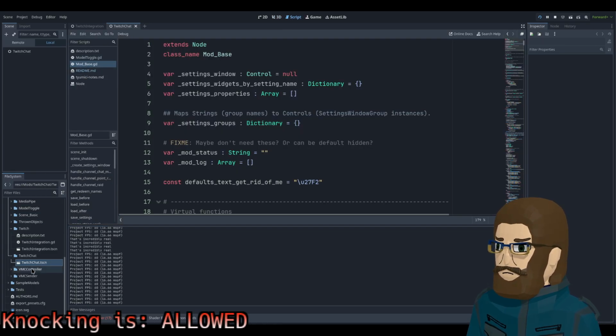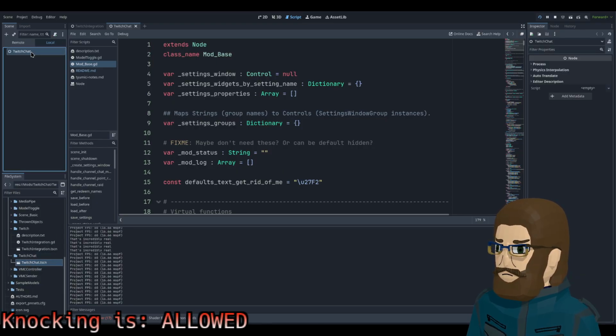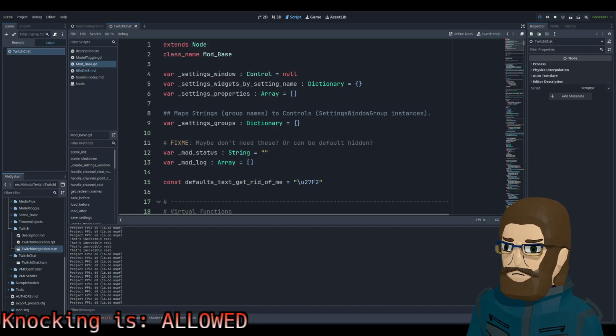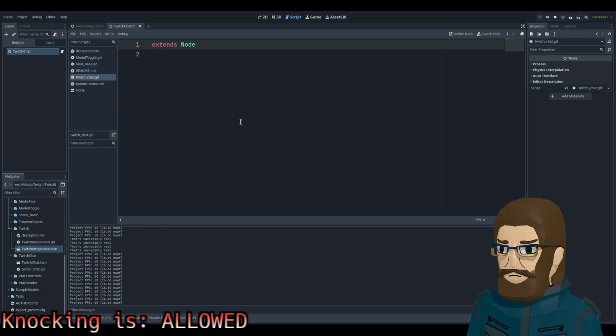Something's not... what is going on? Oh, I need to do that. GD script inherits node, create.